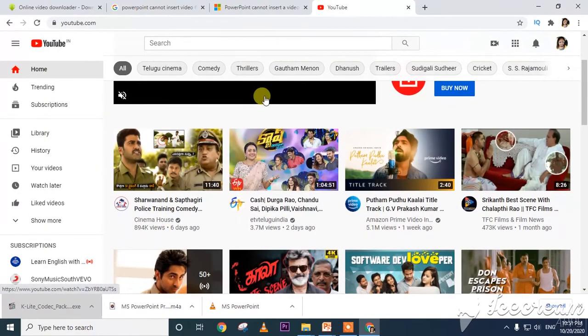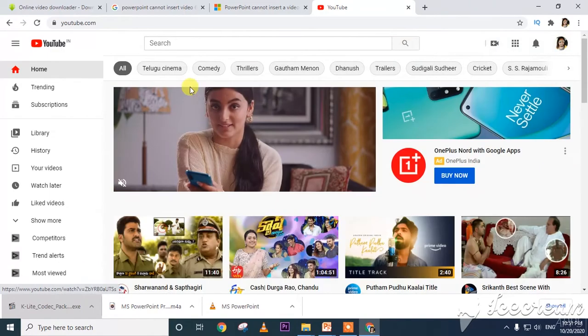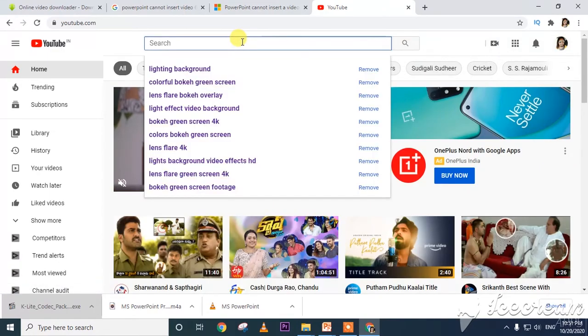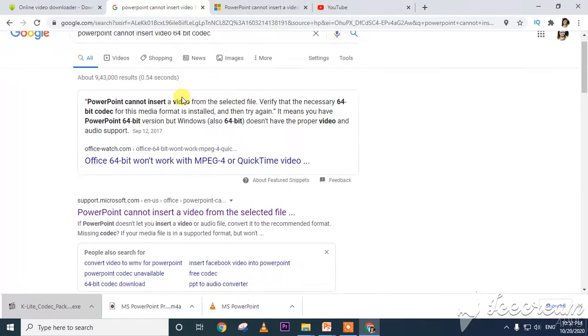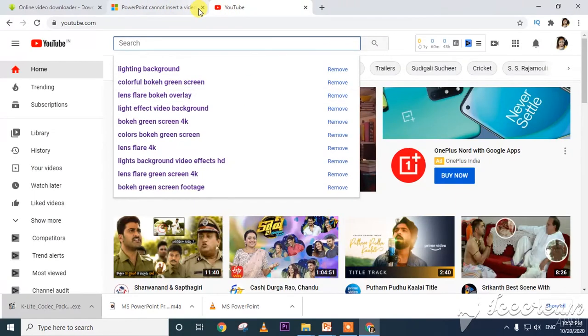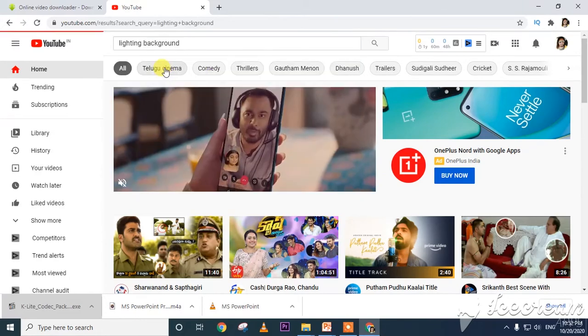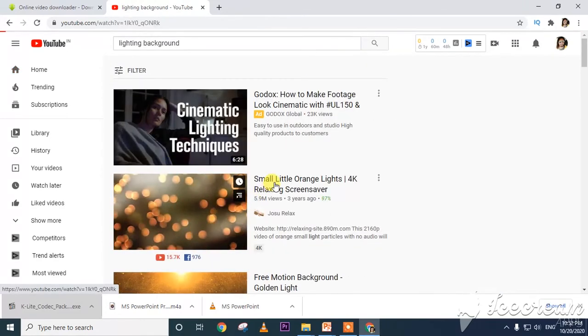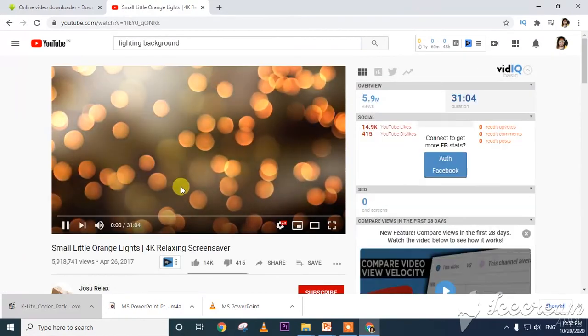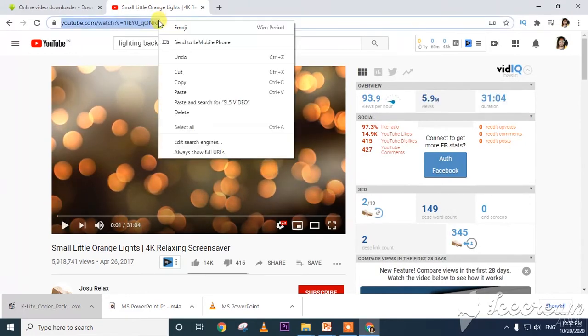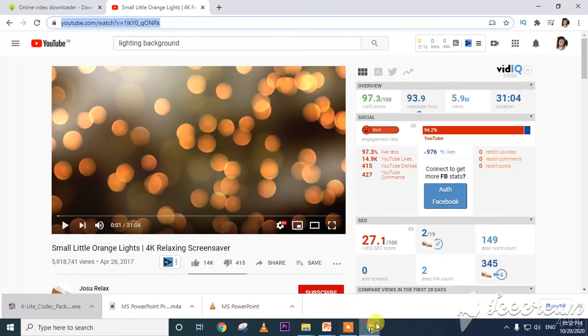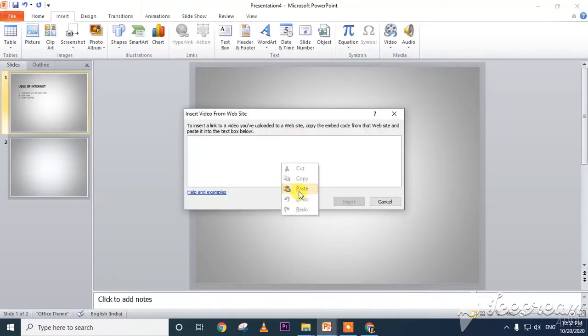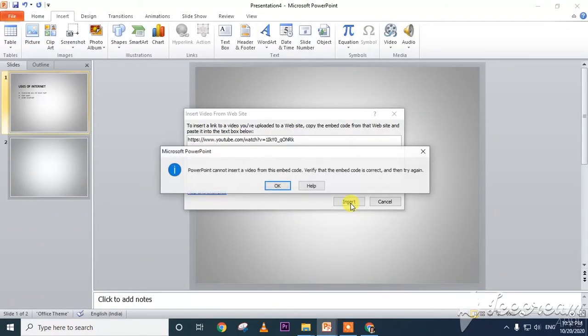And for example any music or something like that, now I'm inserting that. See, for example, this one, I want this one, copy this URL, go to your presentation and paste it in the insert icon.